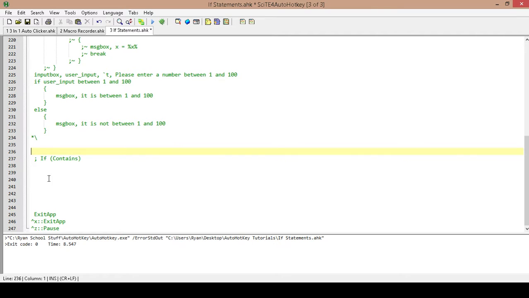Okay, so now we're looking to see if something contains something else. So I'm going to create a variable that has a string in it, and then we're going to test. We're going to ask our user to enter something, and then we're going to test to see if what the user enters actually is contained within the variable. So I'll make this as simple as possible. So I'm going to say my test case